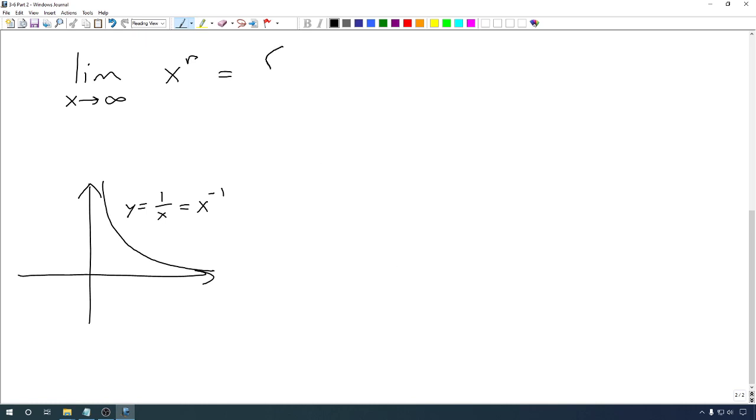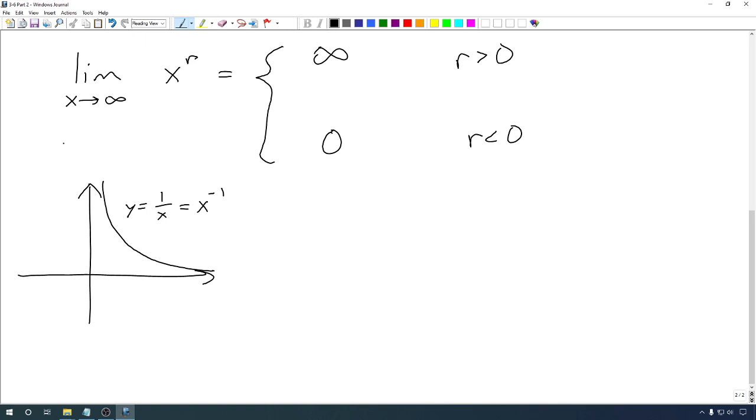So it really comes down to 3 different cases. If r is positive, then we're looking at, say, x squared, x cubed. All of those, we actually end up getting bigger values of our power than we had putting in the x. And if x is already going to infinity, well, that power has to go to infinity. If r is negative, we actually end up in a similar situation as 1 over x. We're going to go to 0. So 1 over x, 1 over x squared, 1 over x cubed, all those end up going to 0 as